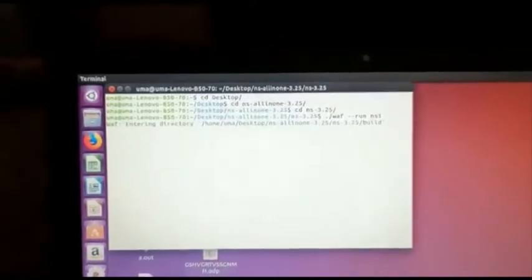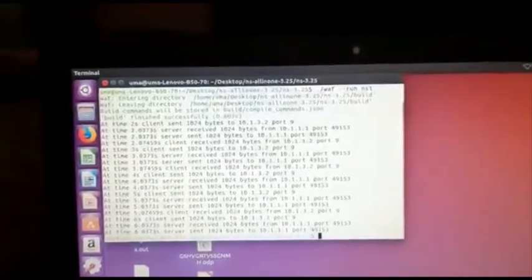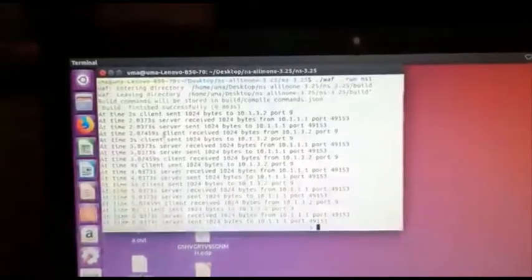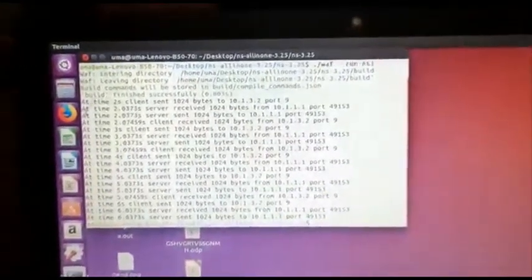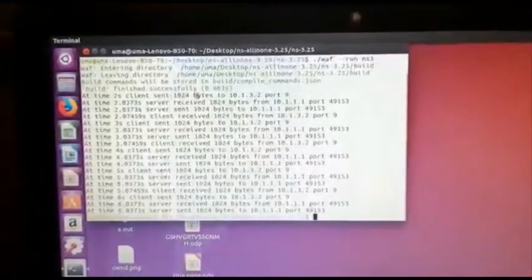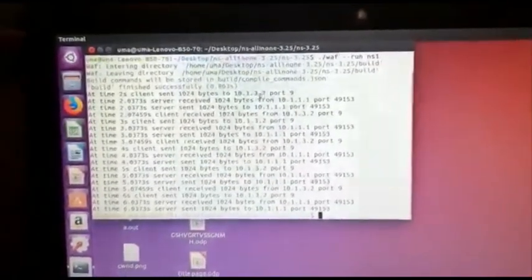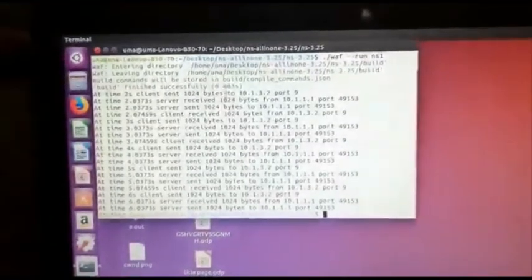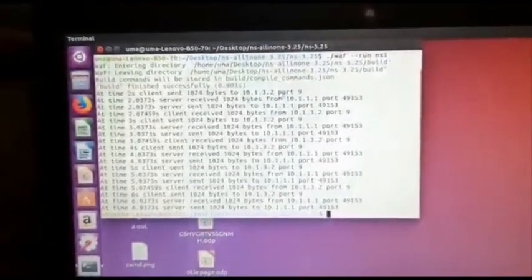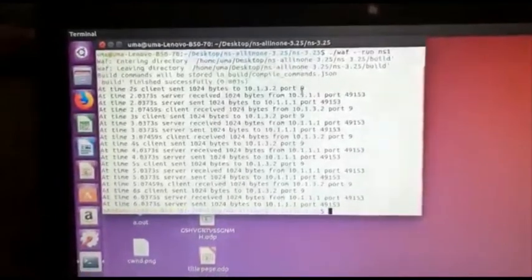If you just do this and press enter, you will see it will build, and automatically you can see the application logs generated here. As I showed you, at time 2 seconds, client sent 1024 bytes to 10.1.3.2, which is our server. This is the IP address of the server, and the port of the server it is reaching is port 9.